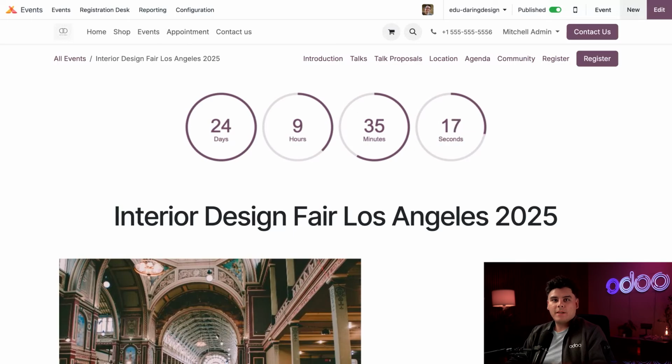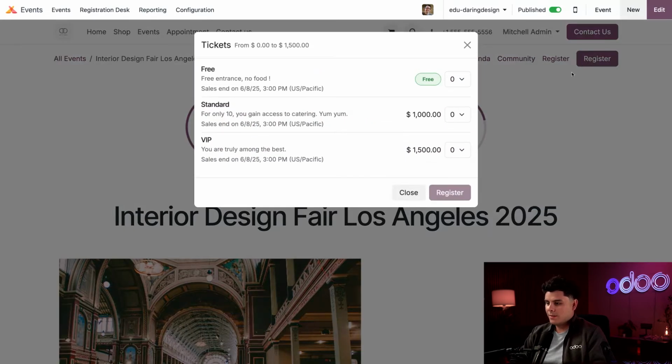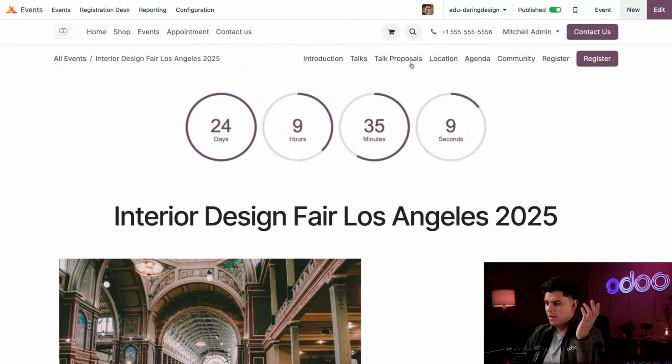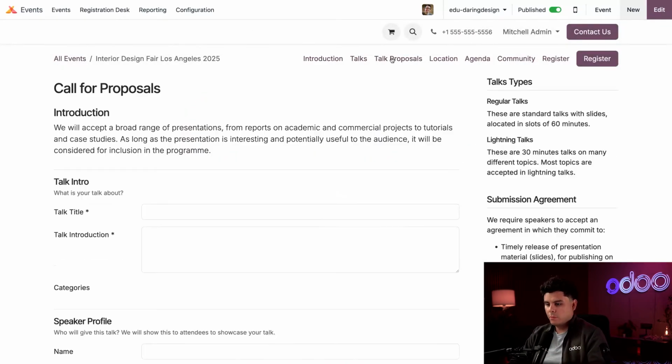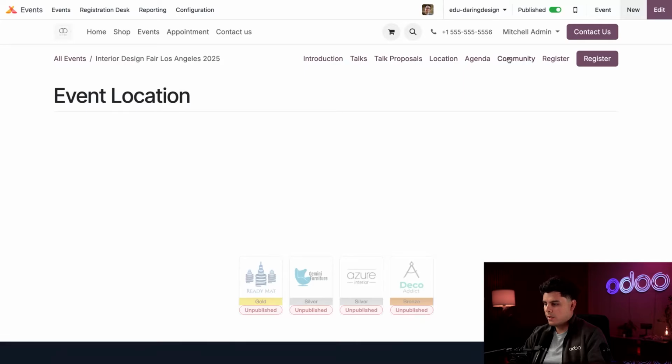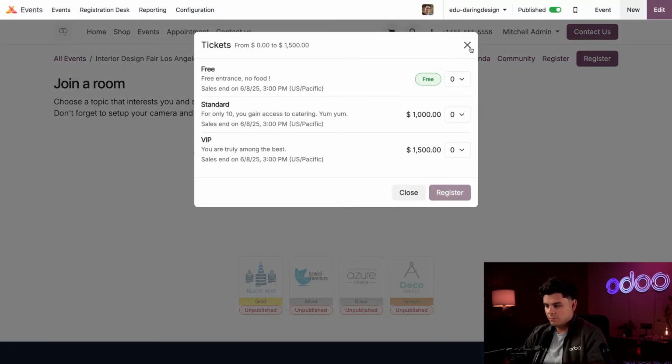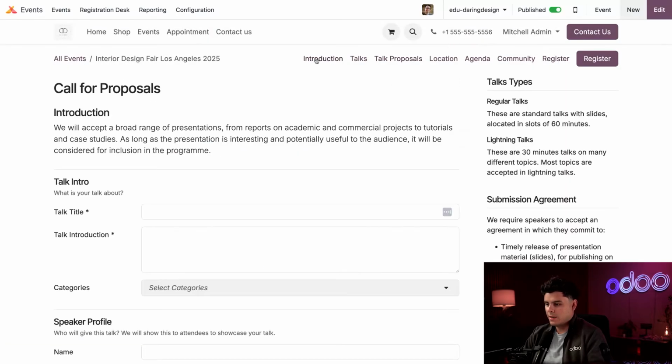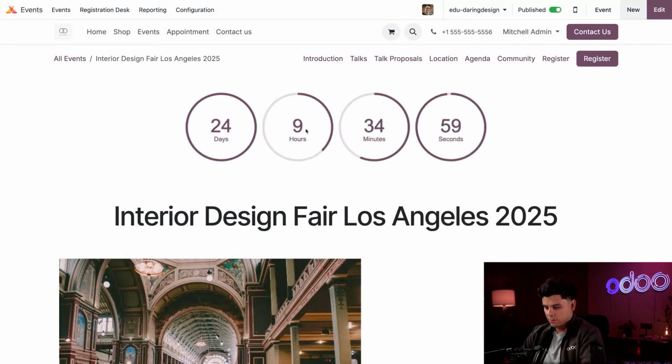Now from right here, while we're on the event page, I'm going to click register right there. And oh, would you look at that? One of the nice things actually is we could register from any of the pages while we're browsing over here. So how do we actually take people to the main thing? It's a nice pop-up for registration now. So let's stick to our introduction area over here, since people can actually register from any of the pages thanks